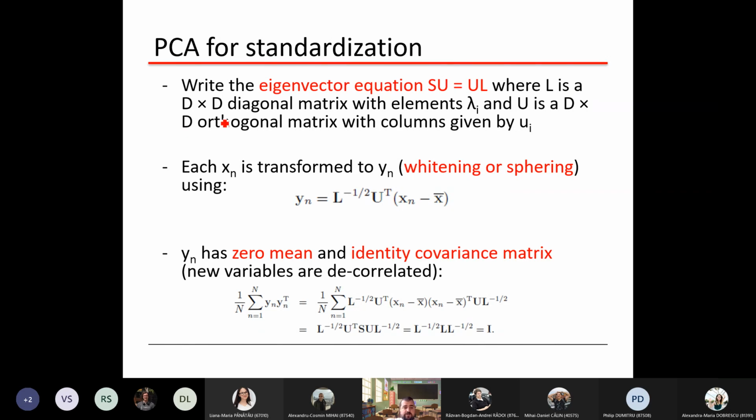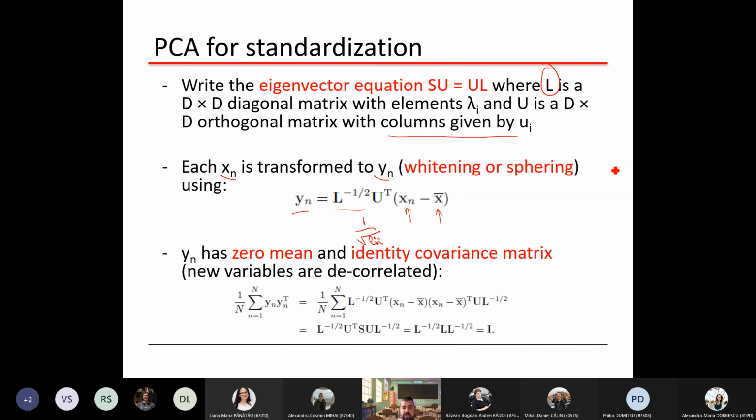And now, to do the standardization, we will transform x_n to y_n, an operation that is called whitening or sphering, and y_n will be L to the minus 1 over 2, so 1 over the square root of the elements L_ii, because I told you that L is a diagonal matrix, and since it's diagonal, you can compute the square root of the elements from the diagonal, multiplied with U transposed, which is given by the columns u_i, multiplied by the difference between the point and the mean of the data set. And it's easy to see that